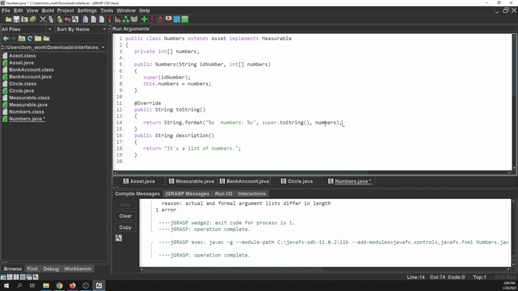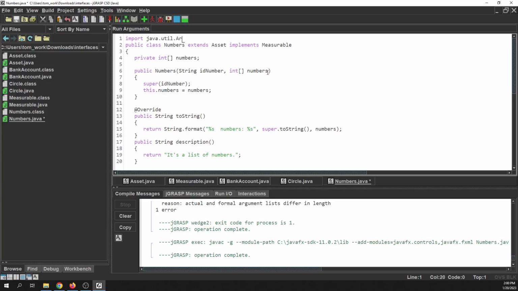It's not going to display the numbers in the array. You're going to get the standard toString inherited from the object class, so it'll just say something like int and then a memory address, which is not really what we want. There's a number of ways to print out arrays, but for right now, we'll just do